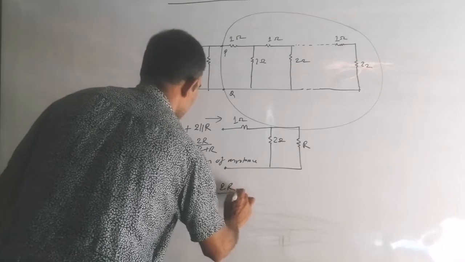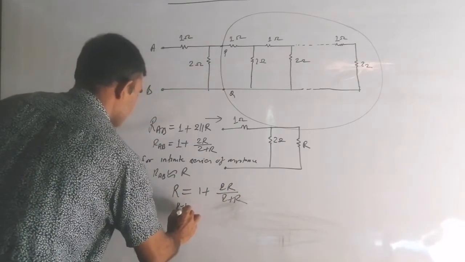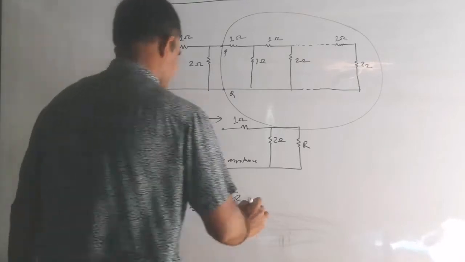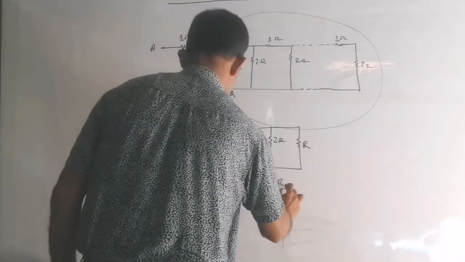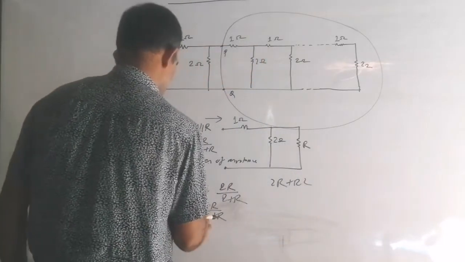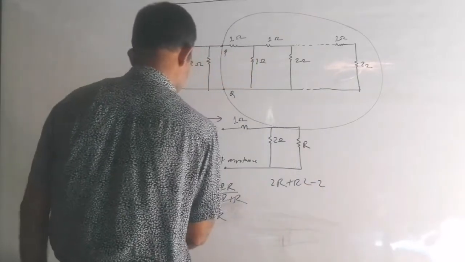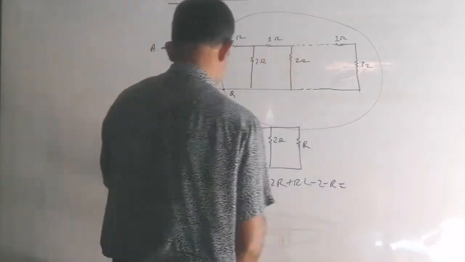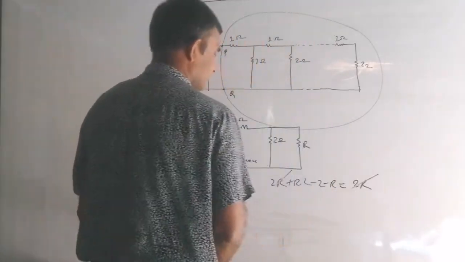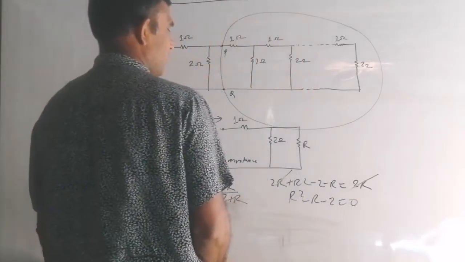And so I can write now this, and now nothing is left with this question, you just have to solve it by 2 plus R. Okay, and take this one this side, and R minus 1 equals 2R by 2 plus R. Now simply cross multiply: 2 into R is 2R, and 1 minus R plus R is R square, and now remaining is minus 1, so minus 2, and this minus R, and on the right side you are getting just 2R. Now see this, so interesting, 2R cancels on both sides, and so R square minus R minus 2 equals 0.